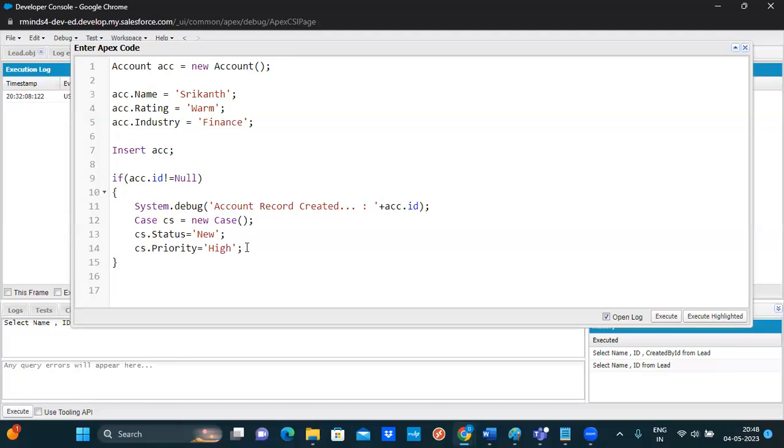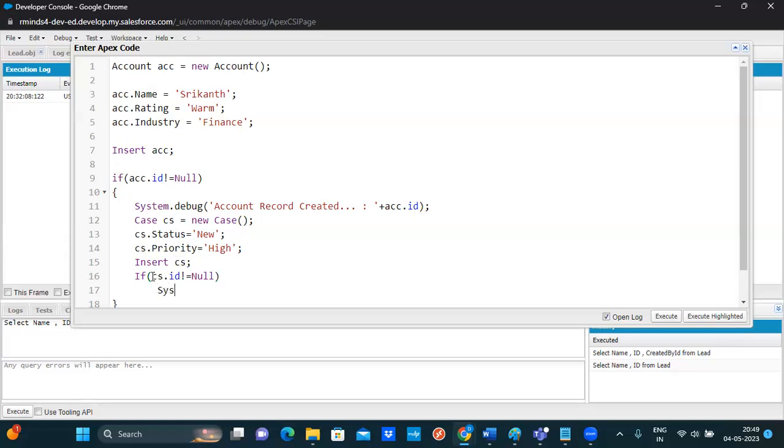I'm not writing all those things. So this is fine. And insert our case object. And we are also checking if our case record has been inserted. So that means a new case will be created. cs.Id not equals to null